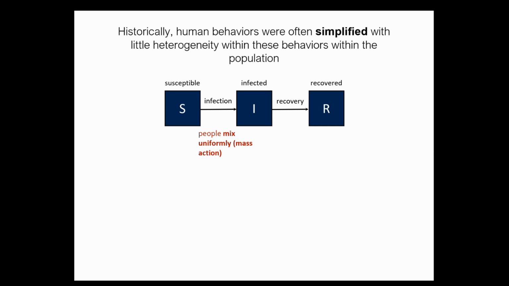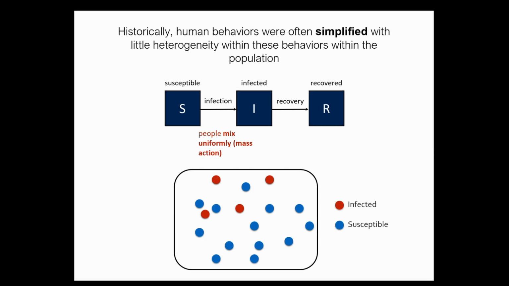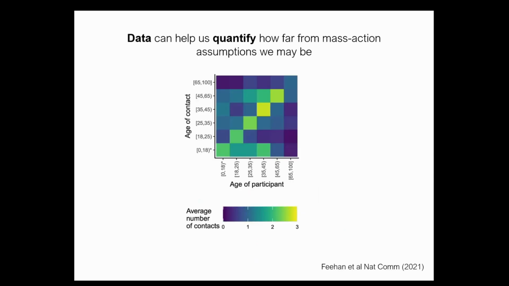And one of those assumptions about behavior is that people mix uniformly, or mass action. So the idea is that all of the people who are susceptible and all the people who are infected have an equal chance of interacting with one another in a way that could cause disease transmission, and that's just dependent upon the densities of those different groups. We know that's not very realistic. Nursery school kids are maybe like that, effectively susceptible and infected kids in a box roaming around with one another, but we know that's not how the actual population works.